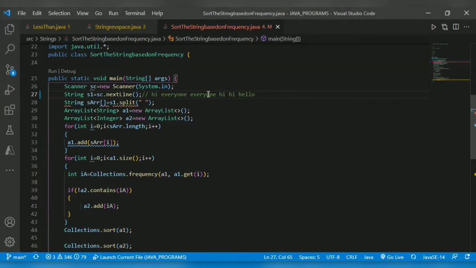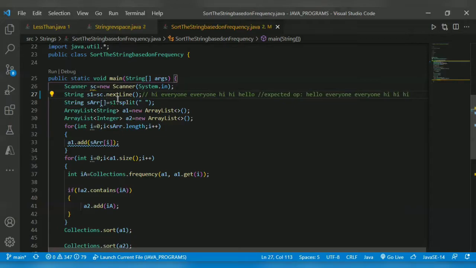The expected output for this program is hello, everyone, everyone, hi, hi, hi. Like this, the output will get printed.